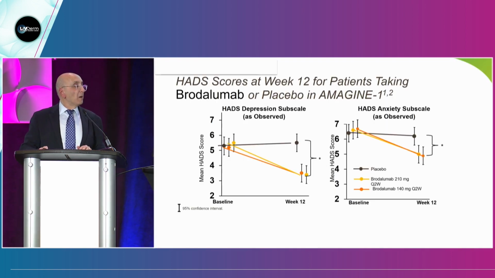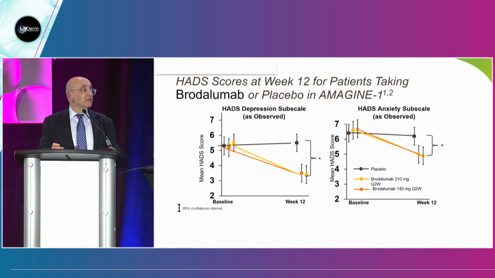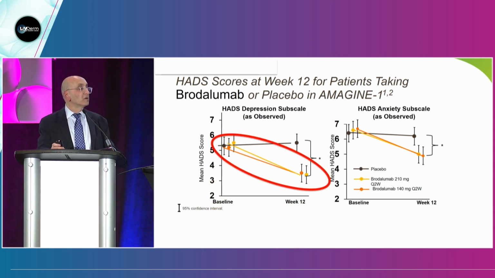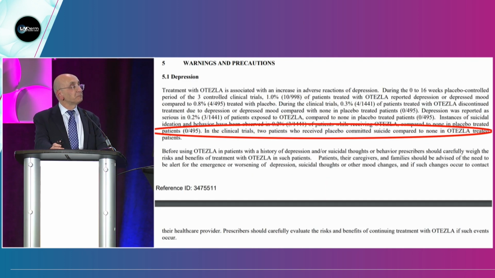So, if you look at the studies, and I was part of those studies a long time ago, it was done originally by Amgen, then the drug was sold to Valeant and Ortho now. But if you look at the anxiety subscale and depression subscale, actually people on the drug did statistically significantly better than the people on the placebo. Their depression and anxiety all improved on the drug during the study. Despite that, you saw the package insert and the warning that required the REMS, right?